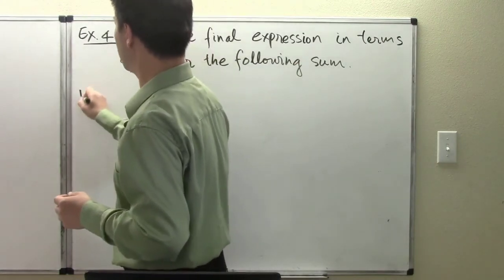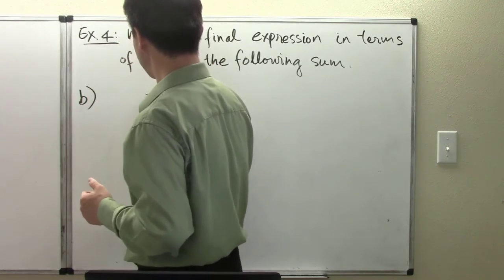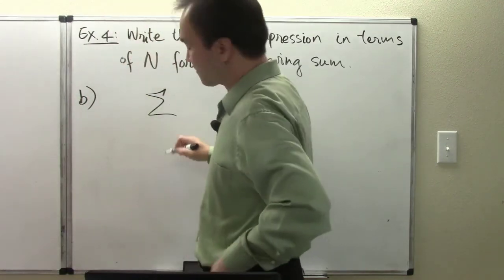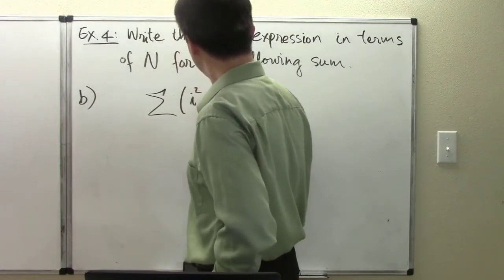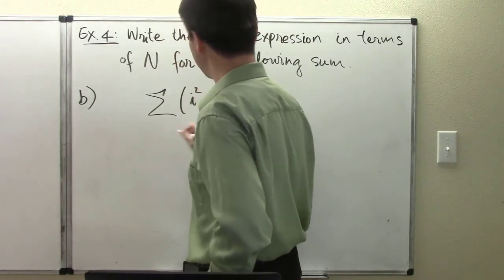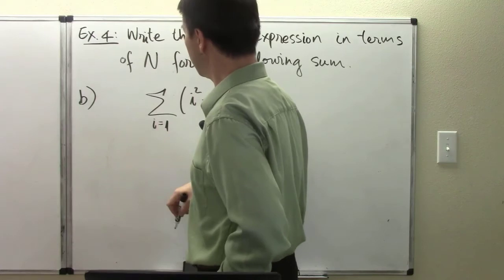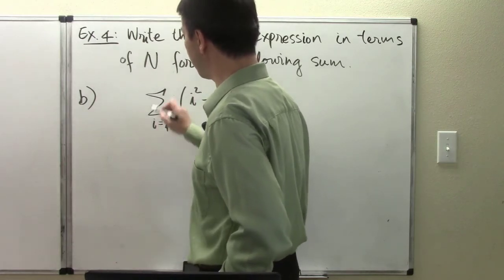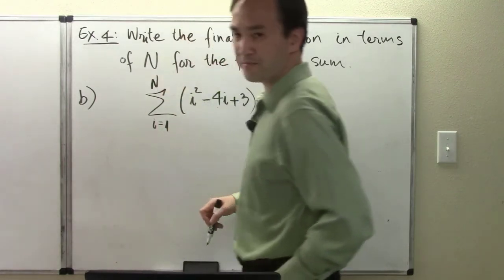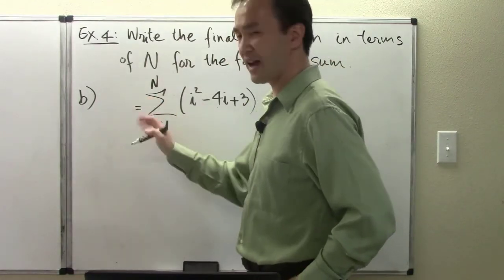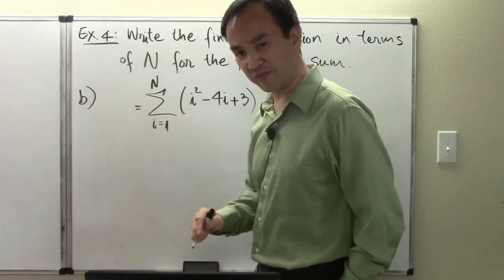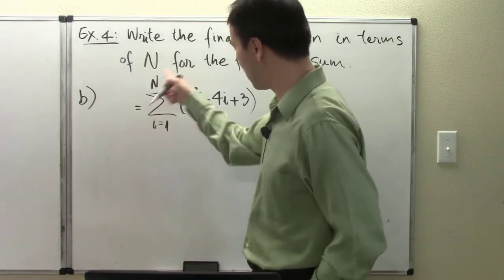So in our part B right here, the summation that we're looking at is i squared minus 4i plus 3, and this is a sum that runs from the first term to some n-th term. Again, right from the explanation I've given at the end of part A, we can now call a sum like this